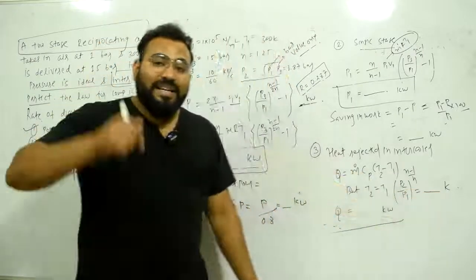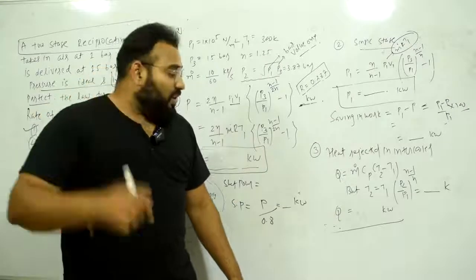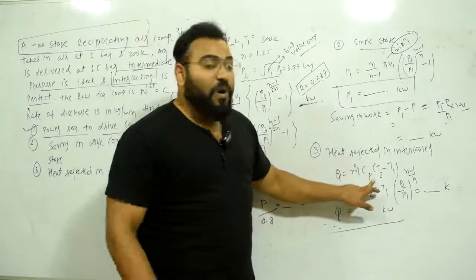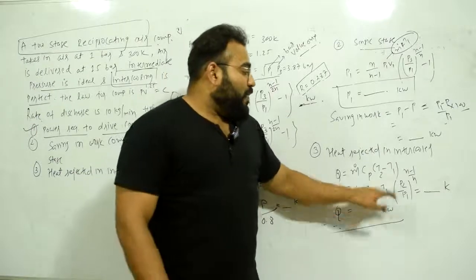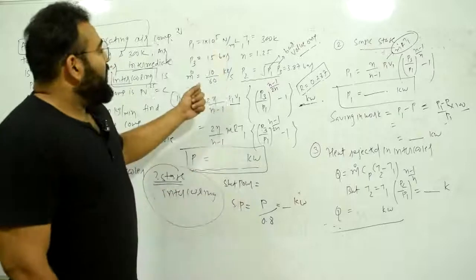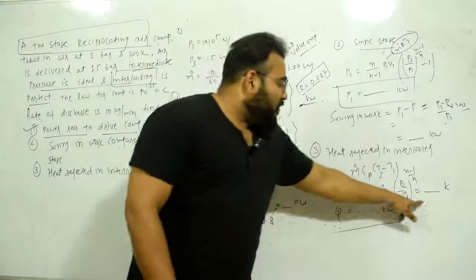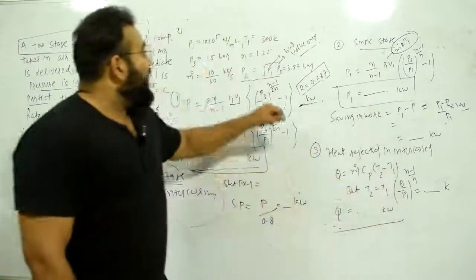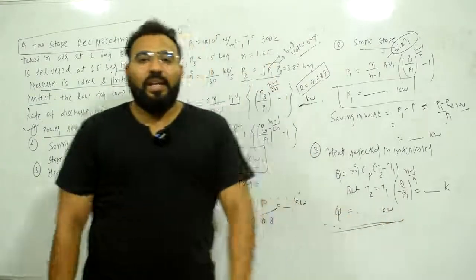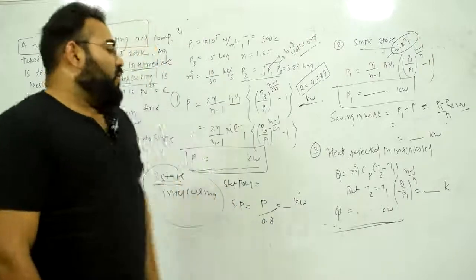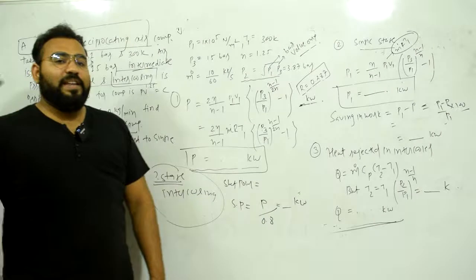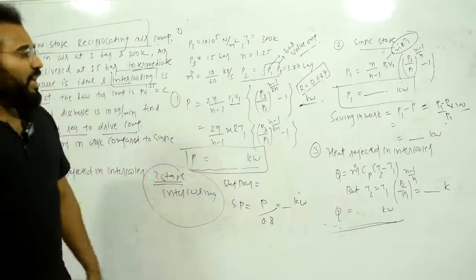Write down your answer of T2 in the comment section, and after finding T2 you have mass flow rate 10 upon 60, Cp of air 1, and T2 minus T1. T2 you have found, and T1 is 300. So write down your answer. That will be your answer in kilowatt. So that is how you can do it. Write down all your answers in the comment section so that I can verify. This is how you can solve the example.